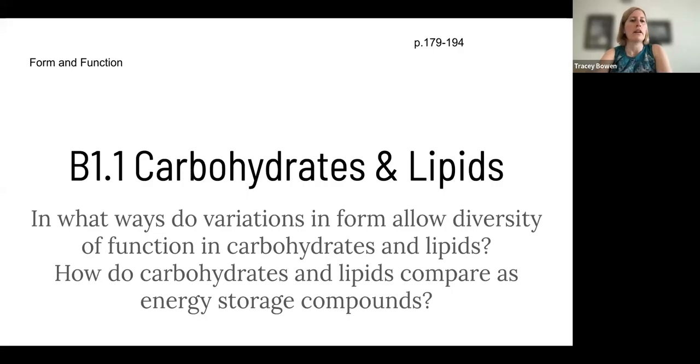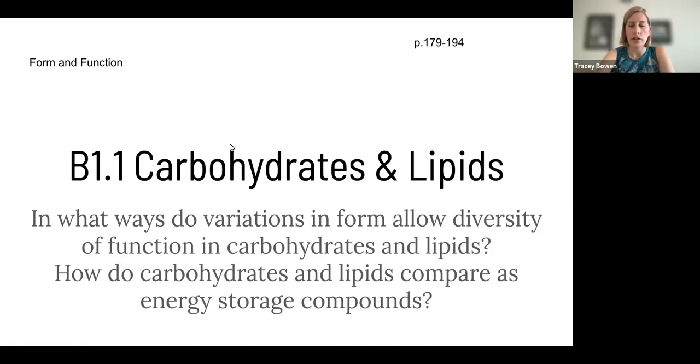This video is looking at B1.1, and we're going to focus today on carbohydrates. There's going to be two parts to this, one for carbohydrates and one for lipids. We want to be thinking about ways that variations in form allow diversity of function in carbohydrates and lipids, and also how carbohydrates and lipids compare as energy storage compounds. So the pages we're looking at are 179 to 194 for both sections, and we want to be focusing on